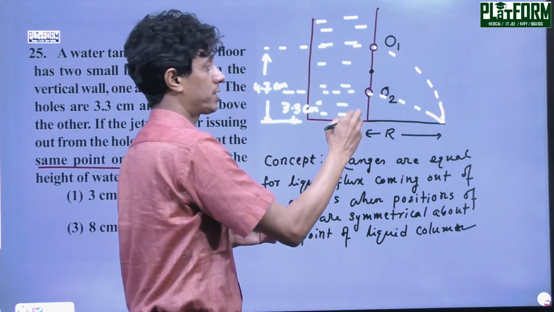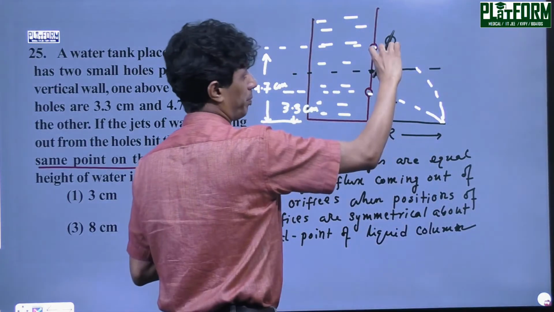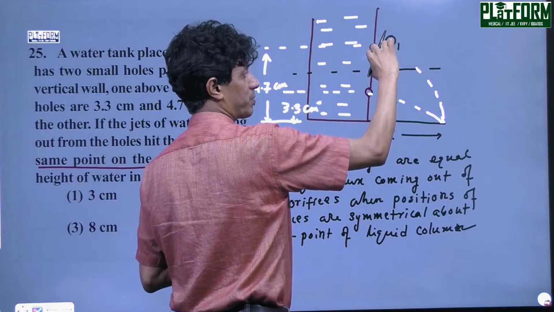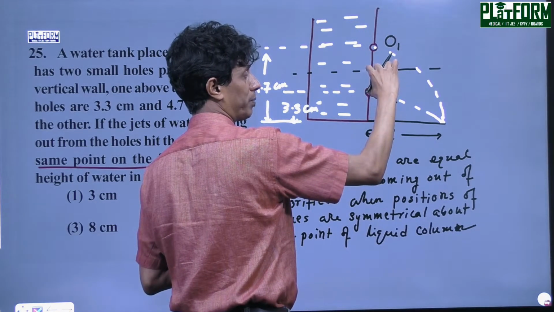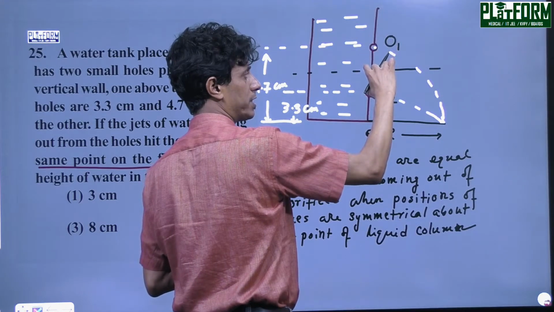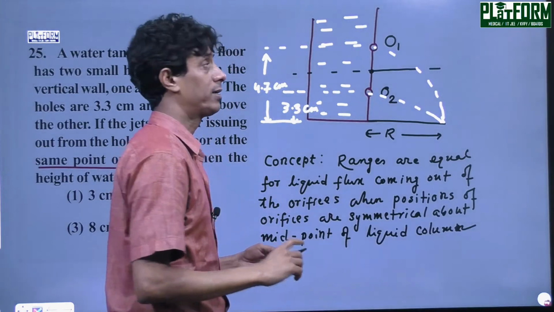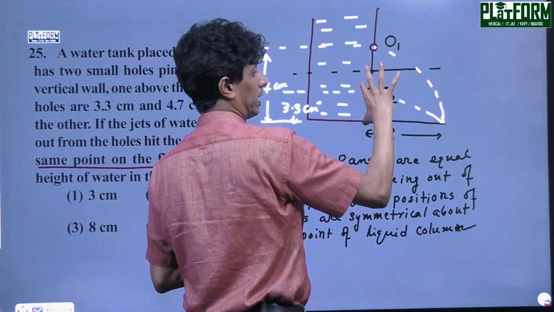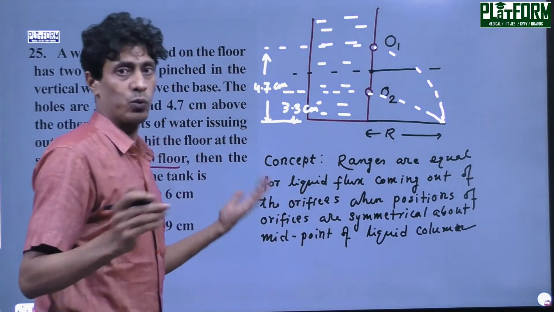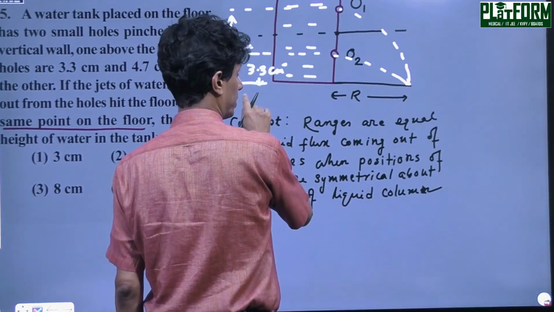these two orifices are symmetrical from the midpoint, that is, the distance of the orifice O1 from the midpoint and the distance of the orifice O2 from the midpoint. These two distances are equal. If these two distances are equal, we can say the depth of the orifice O1 and the height of the orifice O2 are equal. So in this way you can write